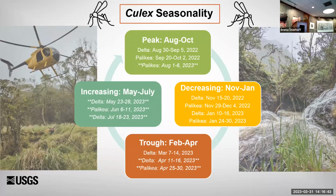To understand the seasonal cycles of Culex quinquefasciatus, we use previous studies to break the year into 4 seasons. The population peaks in August through October, decreases November through January, is at its lowest February through April, and increases again May through July. We had planned to sample each site twice in each of the 4 seasons, but logistically